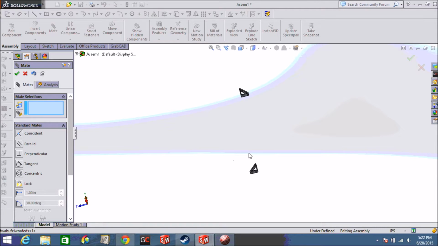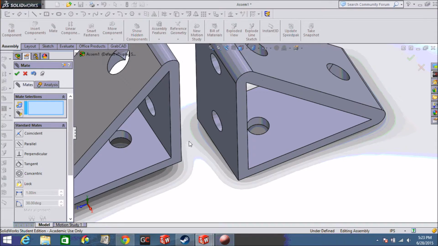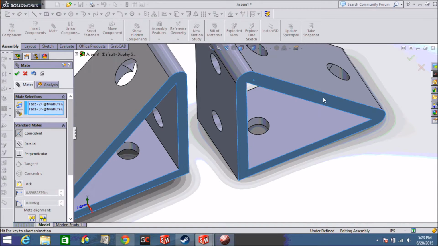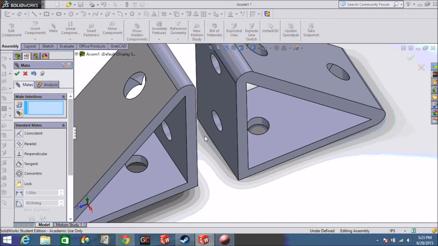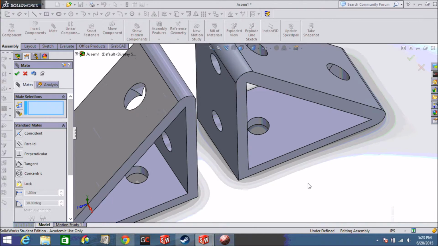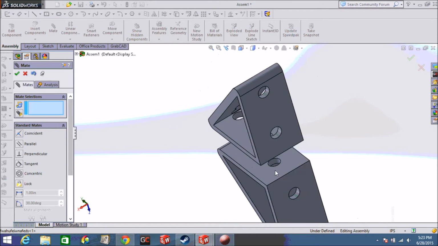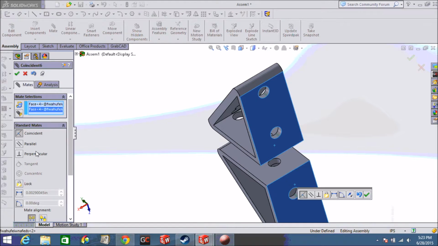So, while sometimes it looks like you've maybe moved them so that they are not the same distance apart, that's just a trick of perspective, because unless you have a 3D computer screen, there's only so much you can do. So, once again, if I just do mates here, like that, now this only slides in one dimension. Now, here I have the lucky situation of being able to mate these two edges together, or these two faces, like this. However,